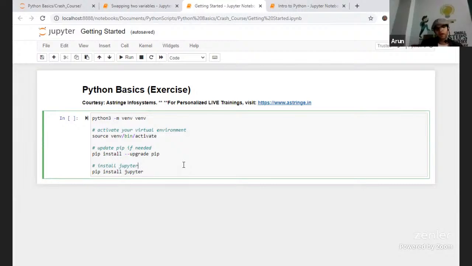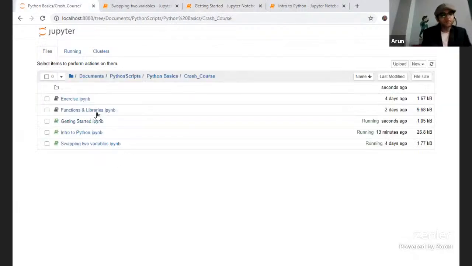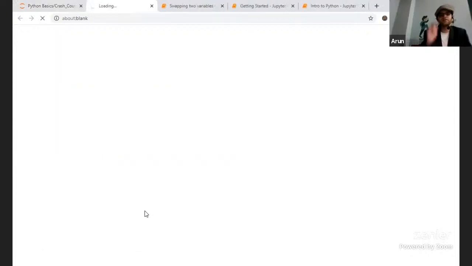Also, once you have pip, you can install Jupyter. If you're using Anaconda, this will already be there. But in scenarios where Anaconda is not being used, this is how you have to create a new environment. The functionality is almost similar for both Python and Anaconda, so I will not take much time on this one. Rather, we'll see the other important things about functions and libraries.